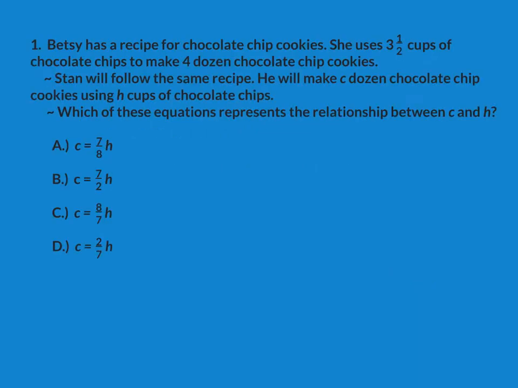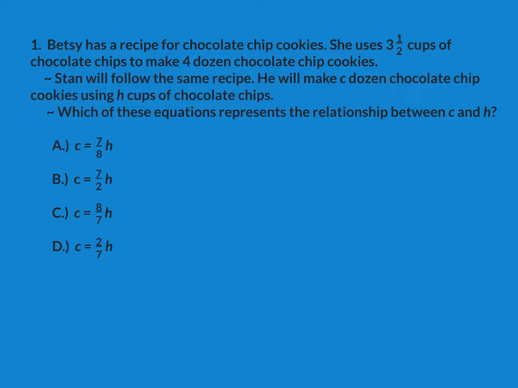So the first question: Betsy has a recipe for chocolate chip cookies. Yummy! She uses 3.5 cups of those chocolate chips to make 4 dozen chocolate chip cookies. Stan will follow the same recipe. He will make C dozen chocolate chip cookies using H cups of chocolate chips. Which of these equations represents the relationship between C and H? Okay, so